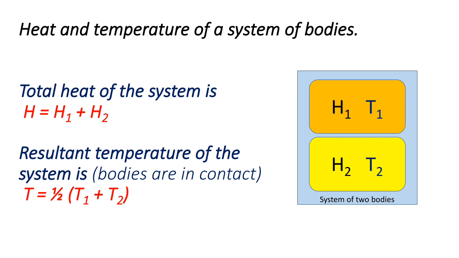After transferring some heat, when both bodies reach an equal temperature, there will be no further transfer of heat. So what is the temperature? The average value is the temperature. So 1 by 2 of T1 plus T2 is the resultant temperature of that system. So this completes